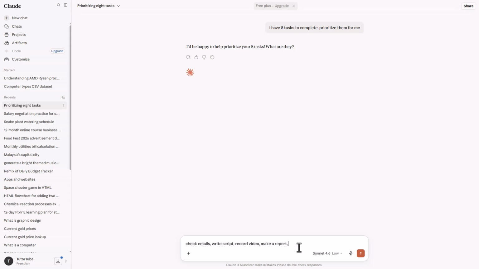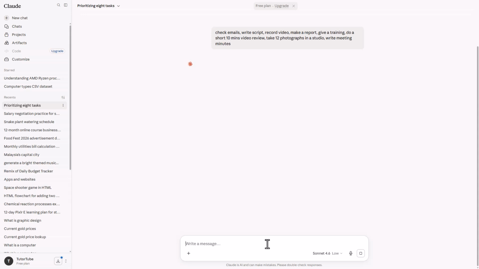Now I'm going to say give a training, do a short 10 minutes video review, take 12 photographs in a studio. So you can see that I have 7 right here. And I'm going to say write meeting minutes.